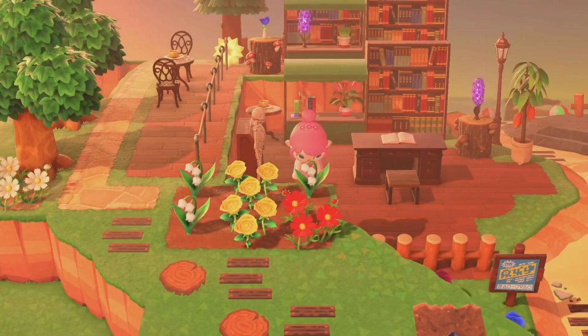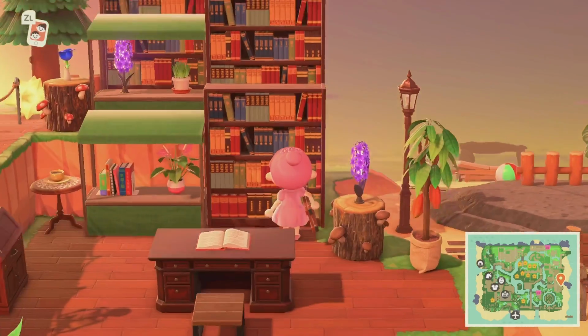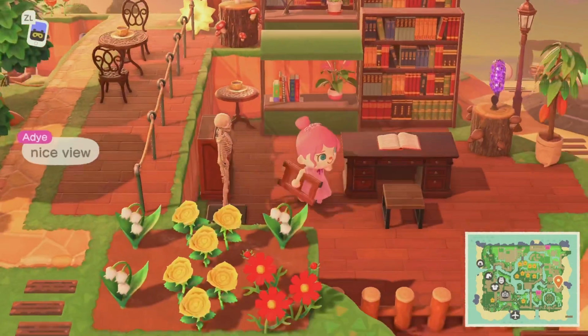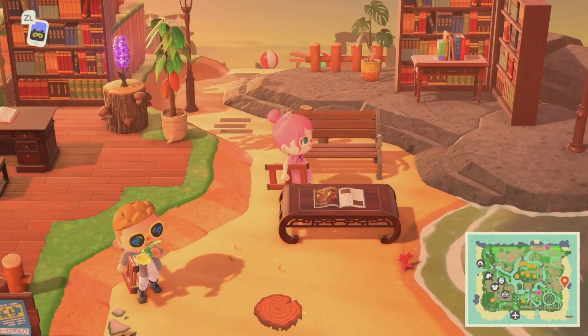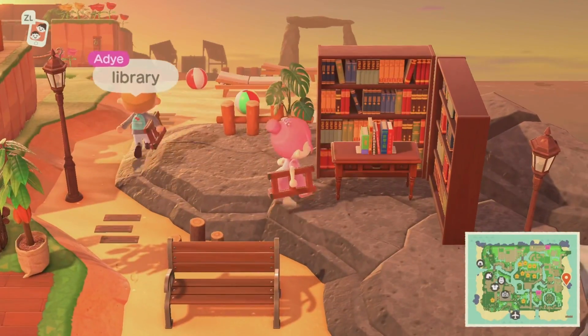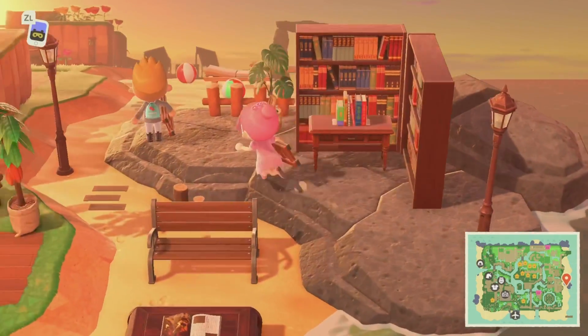And I think you can actually climb down here. So as you can see, there are the bookshelves, which are layered on the cliffs to make it look extra tall. And then there's a little study area. Then we have a little sitting bench here with another book that you can read there. And we can see that the library actually continues onto the rock here. So there's some more bookshelves, this street lamp,